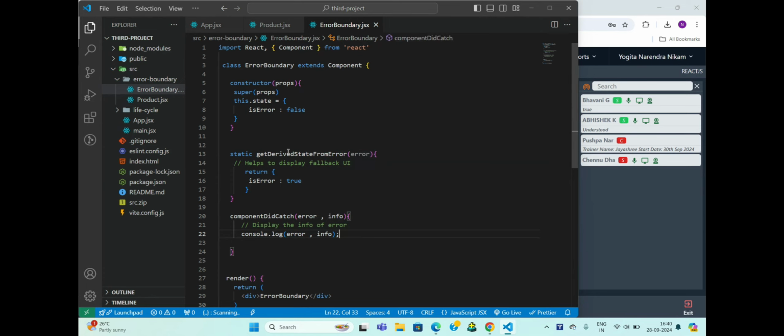So remember, both the methods will catch the error. As soon as the error boundary finds the error, both the methods are going to catch it. But what will the first method do? The first method will help you to return UI. Now how it helps, I will show you. But remember, this is the purpose of this method